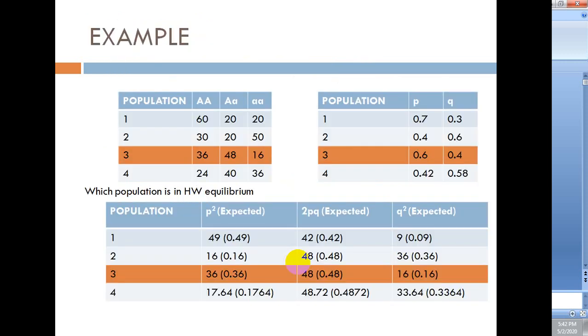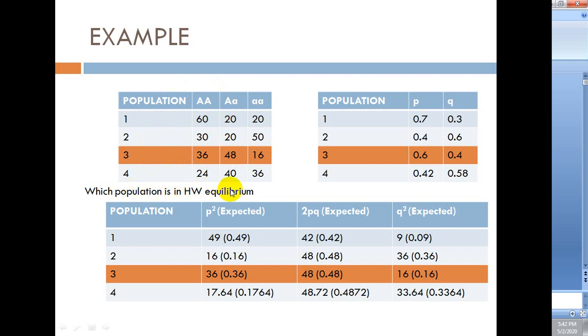Now, here is another example. We have here 4 populations, and in all populations, for easy understanding, I have kept the same numbers. So in population 1, we have homozygous dominant 60, heterozygous 20 and homozygous recessive 20. So there are 100 individuals in all these populations, and the genotype frequency of the different categories is different. Now the question is, which population is in